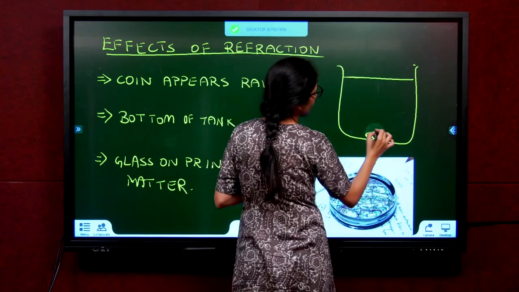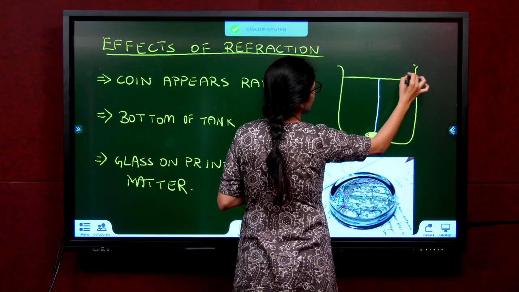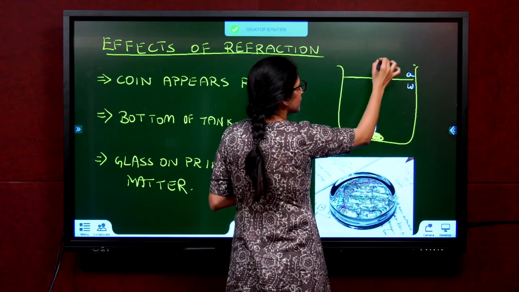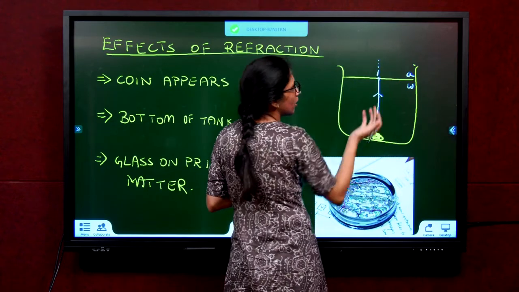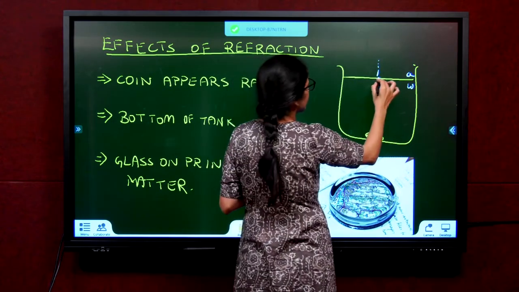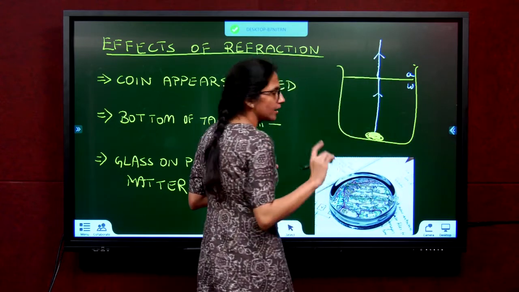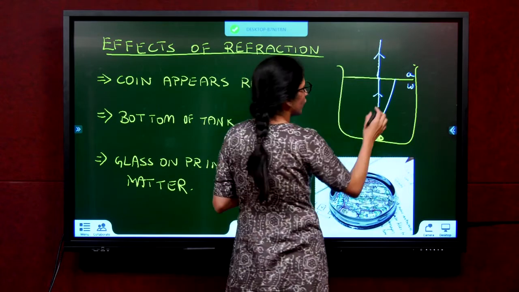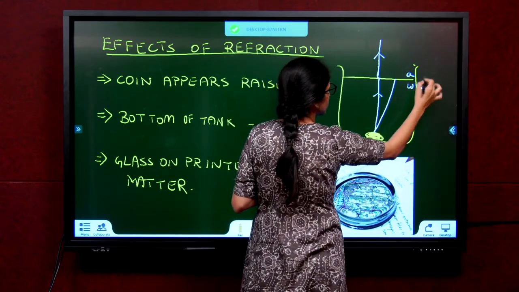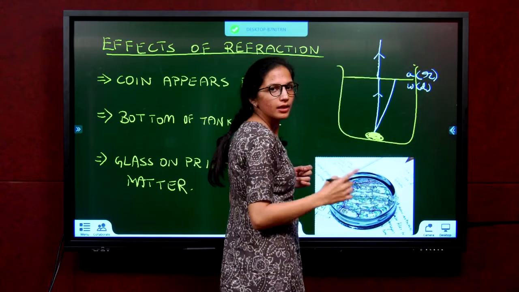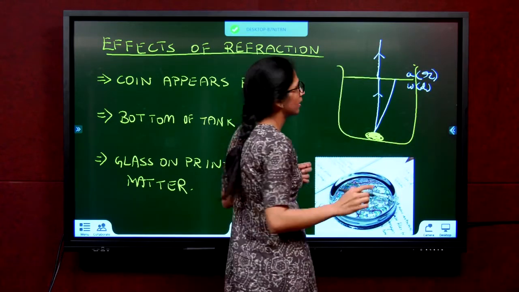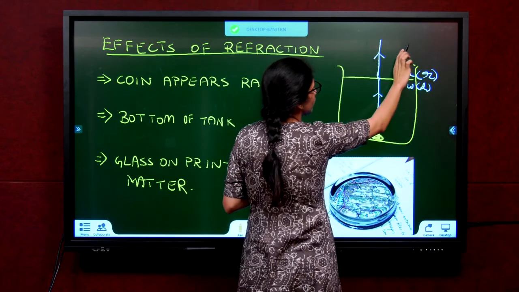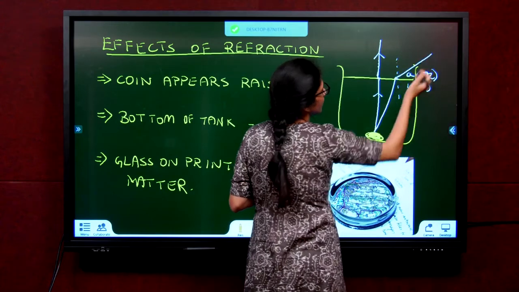If we have a ray going here, it's going from water to air, denser to rarer. But it is normal incidence. If I draw a normal here, it is this only. So there is no deviation for normal incidence. It continues to go like this only. Next, if there is a ray coming like this, it's going from denser medium to rarer medium. It will move away from the normal. So now at this particular point, draw a normal. The ray had to go like this, but now it will move away from the normal.